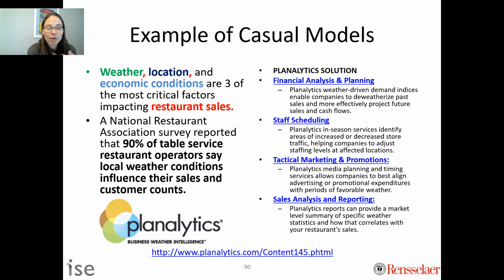And so an example that could happen is we have really good forecasts for the weather now. And so we're able to use the weather to predict how many people will show up at my restaurant. And in fact, there's a whole company that does that. And 90% of table service restaurants say local weather conditions influence their sales and customer counts. And so they could take the weather forecast and use that to forecast demand. This is just one of many, many examples, and this is pretty common, using other things that influence